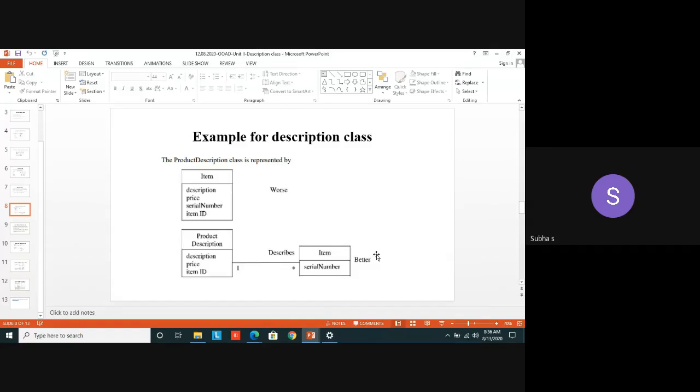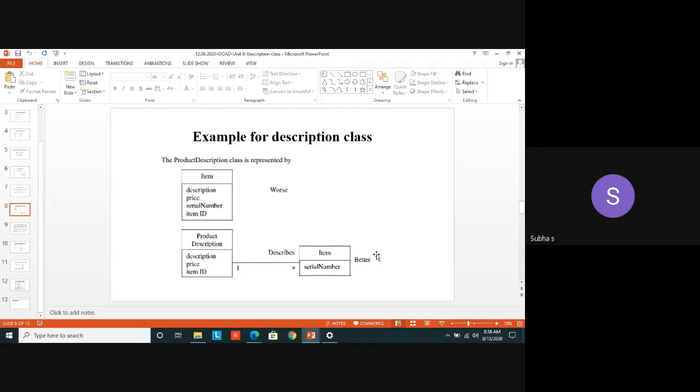It must describe some class. It must describe some attributes in detail. I told that example, Reynolds pen, like that. Some other example also I want to mention. Suppose you are having a flight reservation system or flight management system. You are having all the details of the flights.